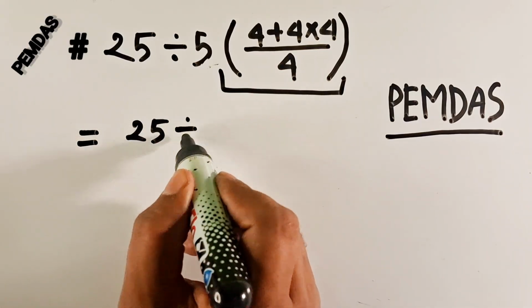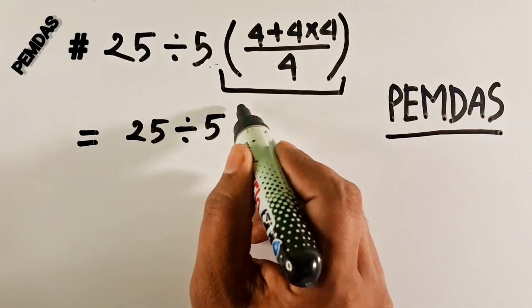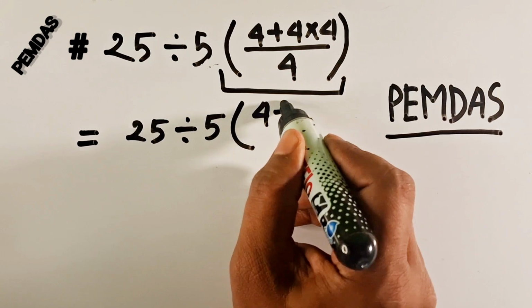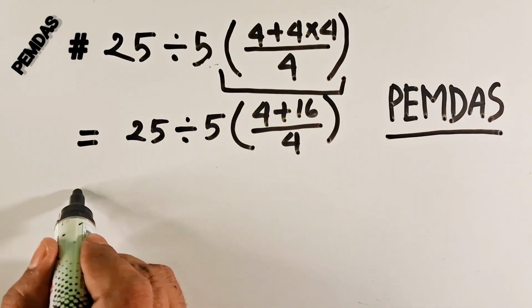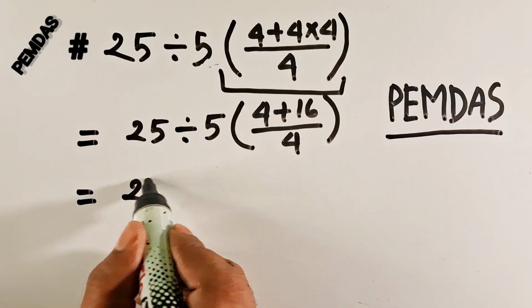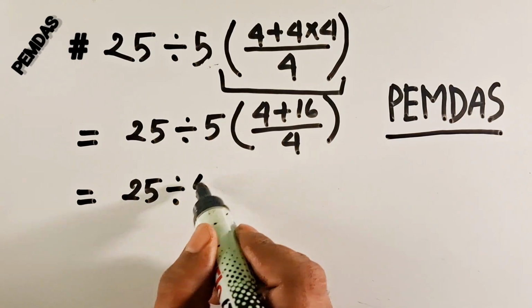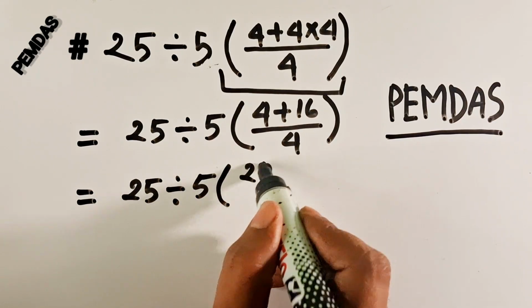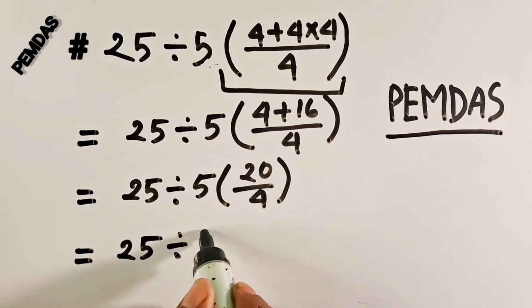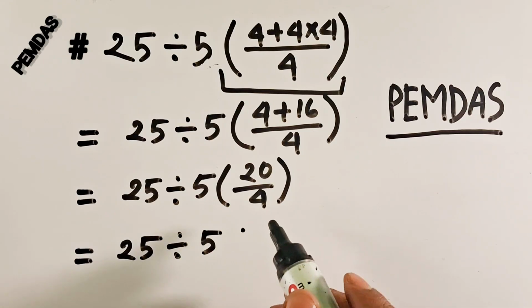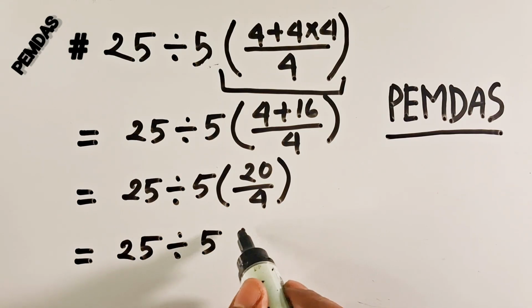So we have to do first 4 into 4 is equal to 16, and 16 plus 4 is equal to 20. Then 20 by 4, and 20 by 4 is equal to 5. Then we can write 5 into 5,